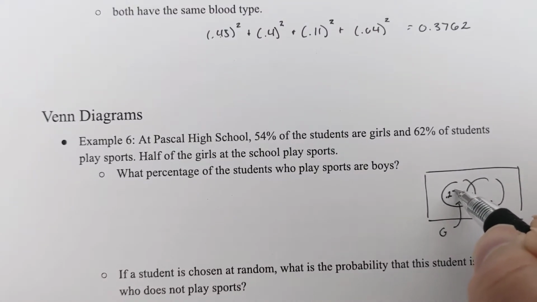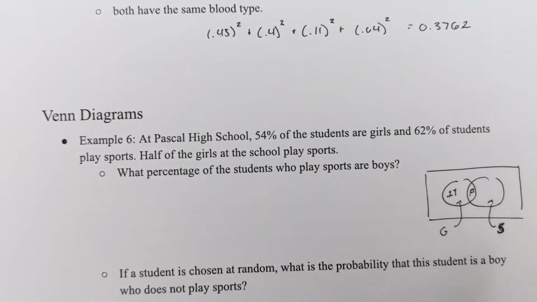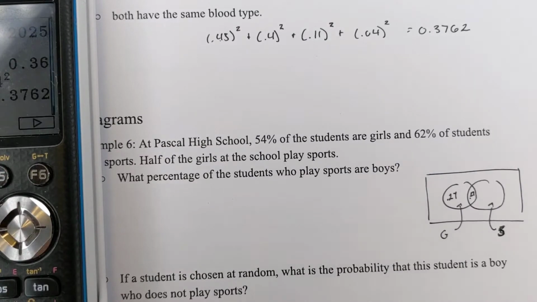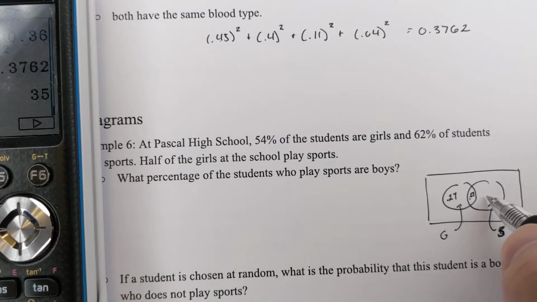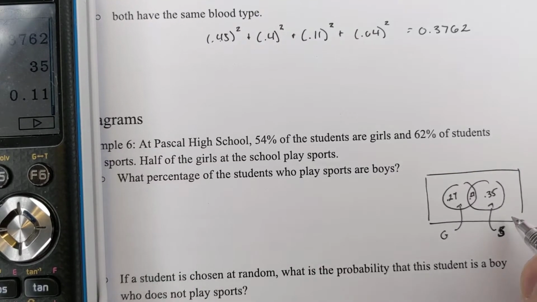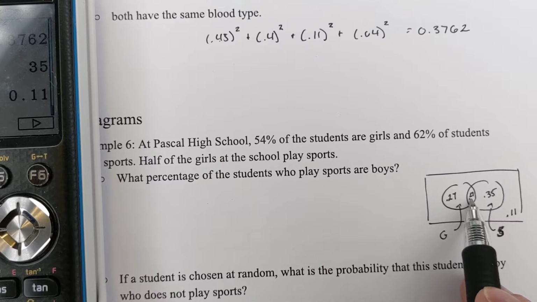So this is 0.27, 0.27, because half of them play. 62% of the students play sports. Whoops, actually, sorry, this is sports over here. So if I know 0.27 of the girls, so 62 minus 27, means that this piece is 0.35. So 0.27, 1 minus 0.27, minus 0.27, minus 0.35, means that the outside is, so here's girls who play sports,